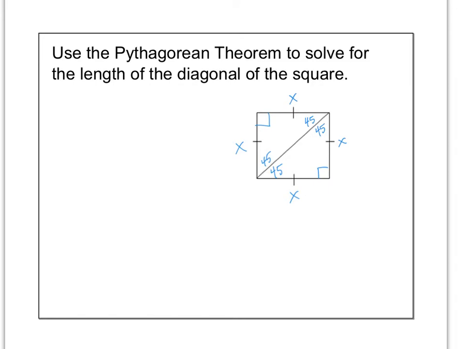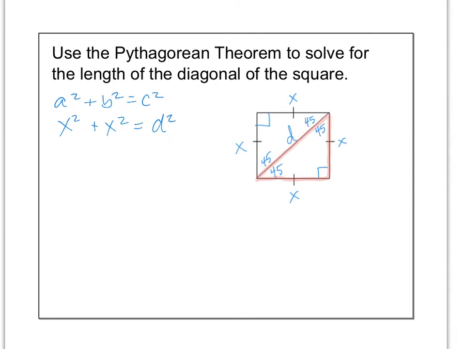Let's call the diagonal d. Now what you'll notice is if we take half of the square, we wind up with a triangle that is a 45-45-90 triangle. So let's work with that. We're going to use the Pythagorean theorem to solve for the length of the diagonal. Remember the Pythagorean theorem, a squared plus b squared equals c squared. And your legs are your a and your b. So our legs are going to be x squared plus x squared, and the diagonal is our c, so equals